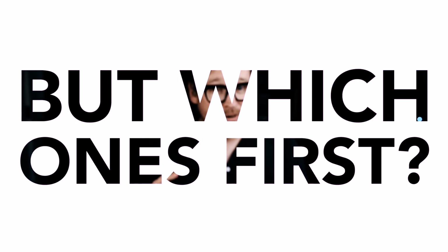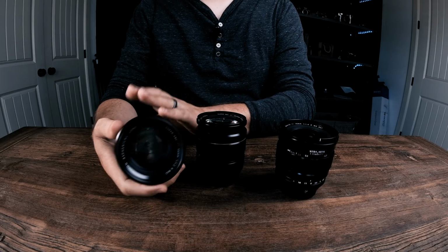So I want to ask the question that probably a lot of newer Fuji photographers are asking, and that is, what if you could only take 2 or 3 lenses? Of course, that's like asking me which of my kids I would choose to keep, but if I had to, gun to my head, there's no question of what my first pick would be, and that is the 56mm 1.2,